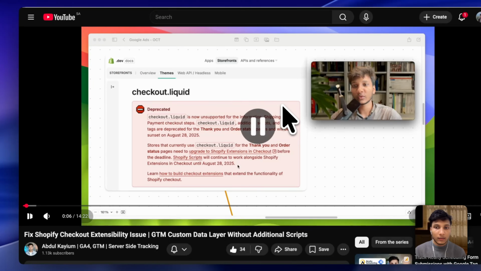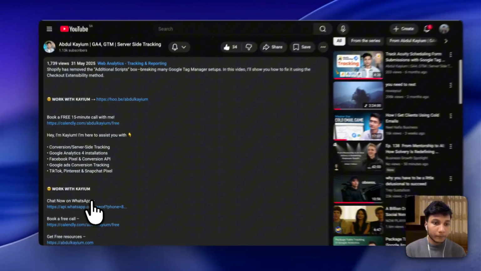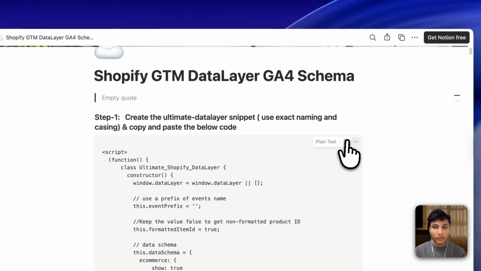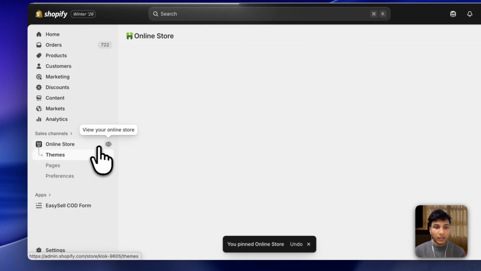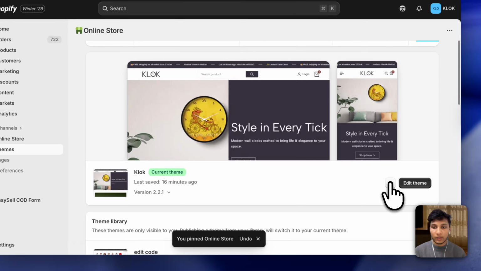and then I have to go to here, the code link. I have to click in here the code link, and then copy this code from here and go back to Shopify. Click in here online store, and then you have to add this code in our theme section. So I have to click in here edit code,